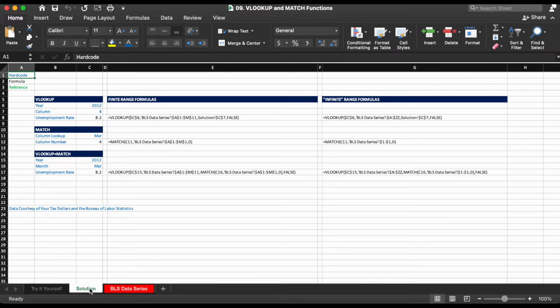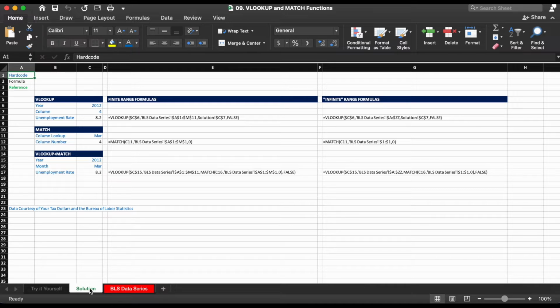Before practicing, there are a few items to be aware of when using VLOOKUP. First, the value you are looking up must be in the first column of the range. Second, the function will only look up the first instance of the value, so if your column has duplicates, VLOOKUP will stop at the first one. Third, the column count for how far to go across always starts with the first column of the range. So as an example, if your lookup is in column A and you want to pull data from column B, you would enter 2 to go over 2 columns.